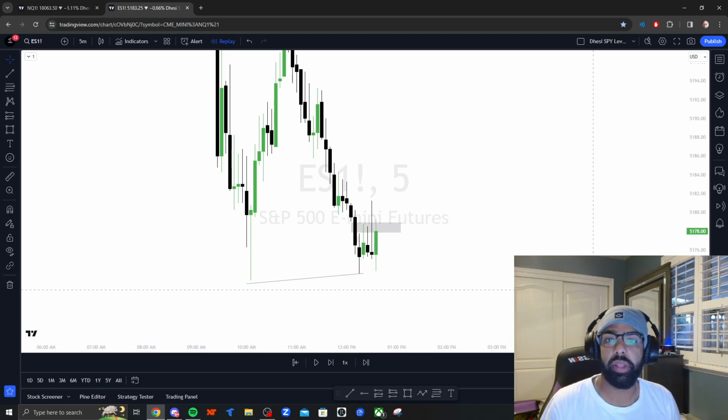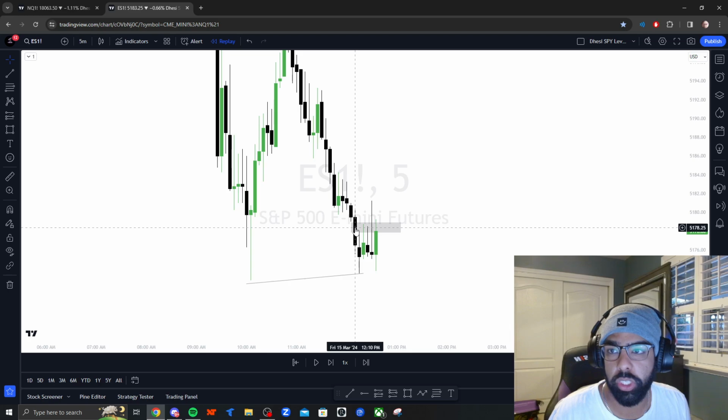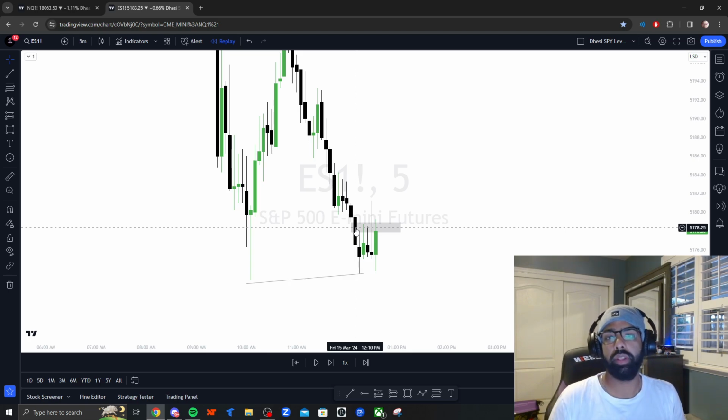Where is a displacement on ES? There was no displacement. There was no candle close above this 5-minute inversion gap. When I'm looking for these SMT moves to play out, when I'm looking for the inversions to happen, I need both indices to flip these gaps inverse for the highest probability trade. And like I said, if they don't, I'm not even going to take the trade. That is not part of my system. Both indices need to be inverting a gap at the same time.